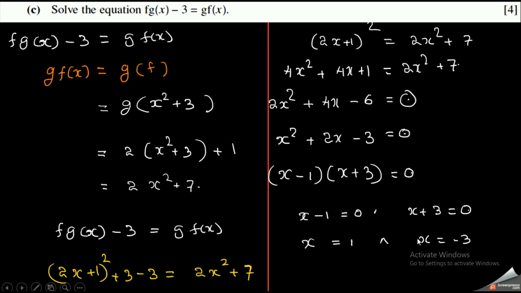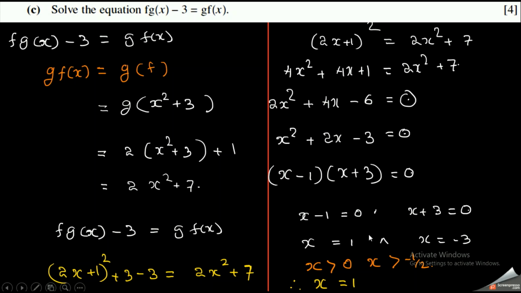But this minus 3 is not possible for us to take as the answer, because our x is always greater than 0 and greater than minus half. So this is not in this domain. Therefore, we will have to discard this answer and take the answer x equals 1. Now,